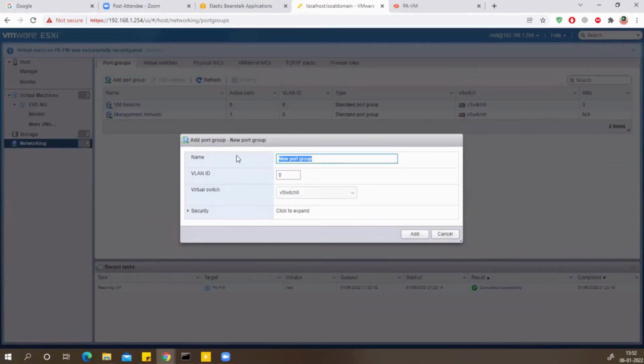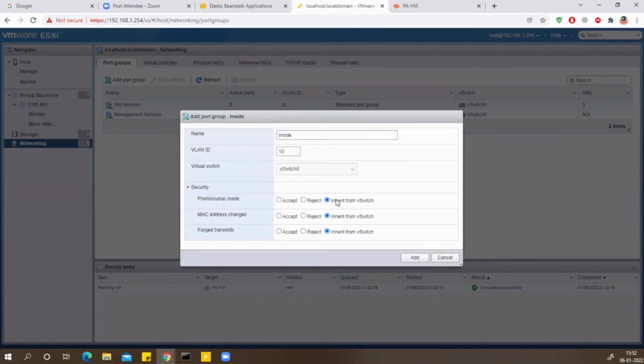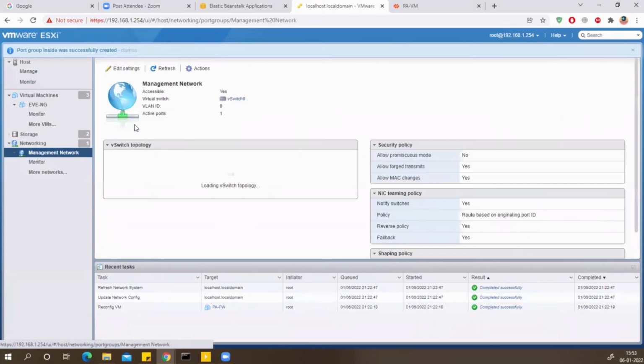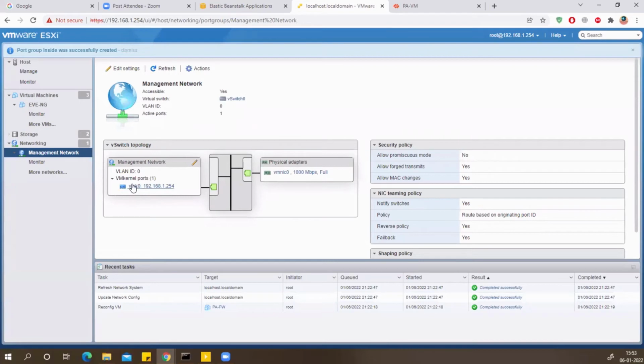Okay, new port group name is, say, inside, and you select the switch. You can select the VLAN ID. So for example 10 is my VLAN, and then under security you can either enable promiscuous mode or inherit from vSwitch. I would enable the promiscuous mode and add, right? So I have inside, and VM Network can be my outside. Management Network is the management for my